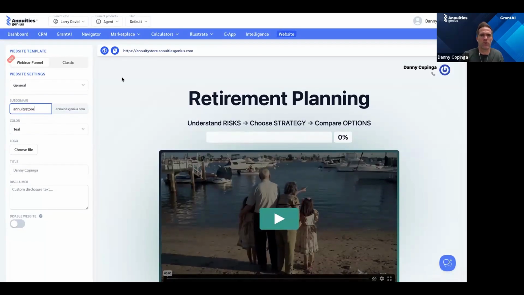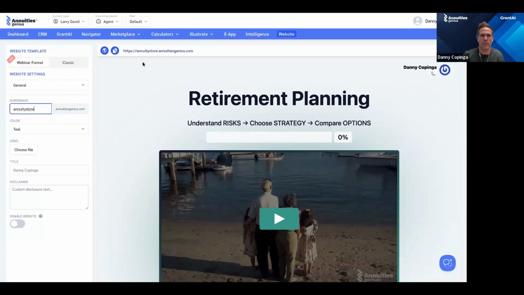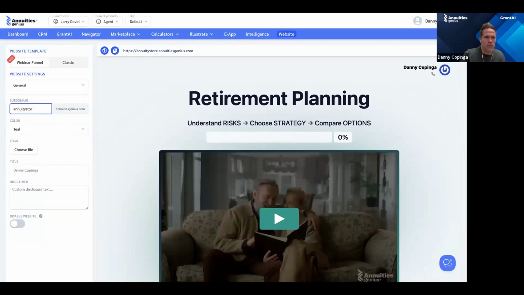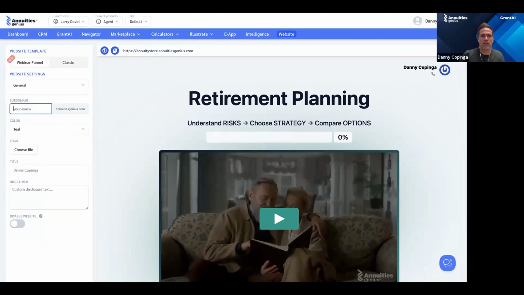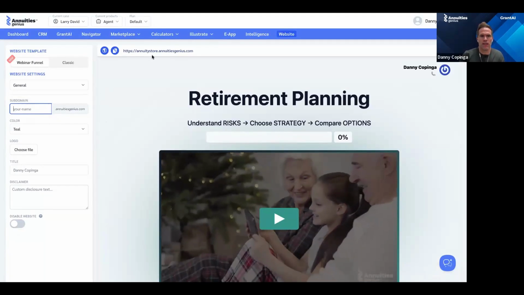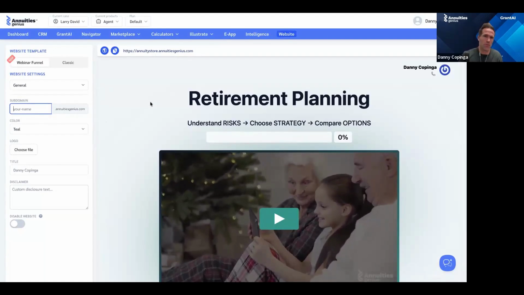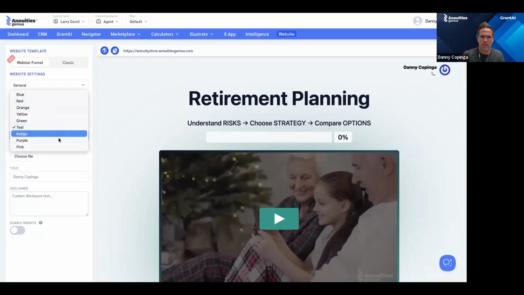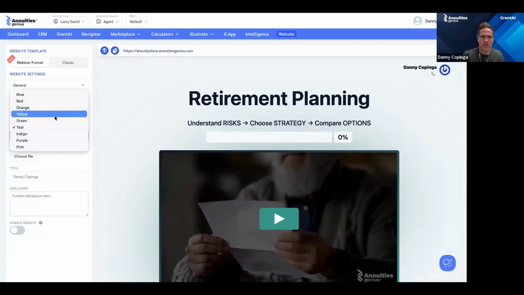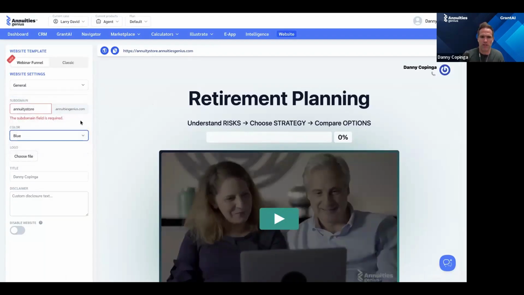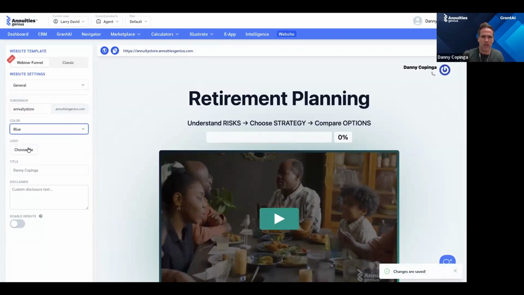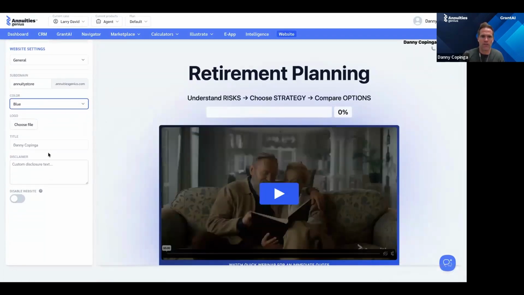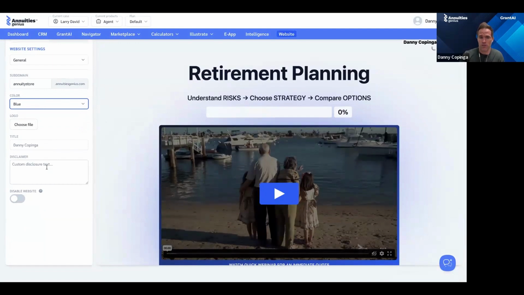So I have my AnnuityStore.annuitiesgenius.com, and you can put your business name right there, so you have that subdomain. And again, it's a .annuitiesgenius.com domain in general. You can customize the color, so I can basically come in and say, let's say that my branding is blue. I can change it to blue. I can put in my logo right here, the title,